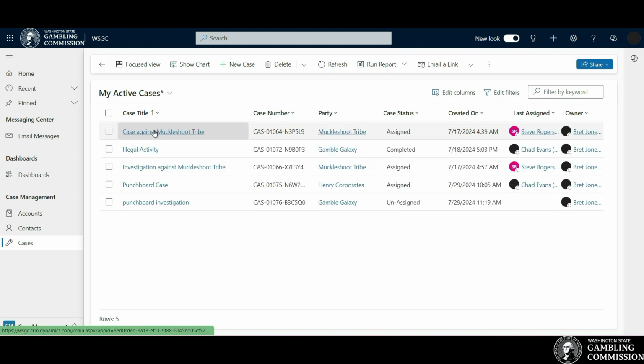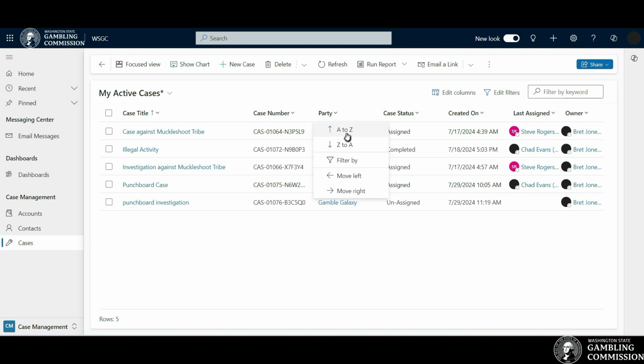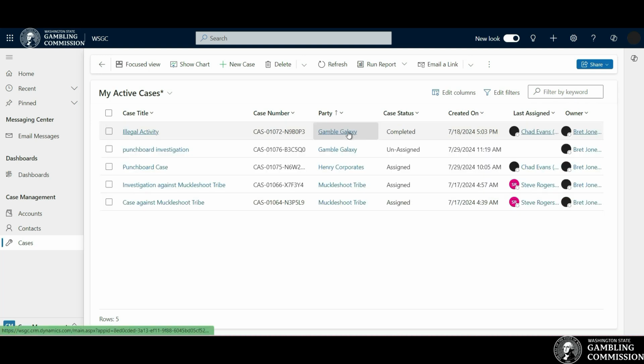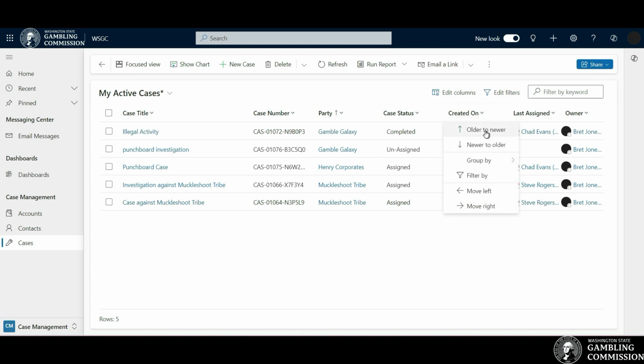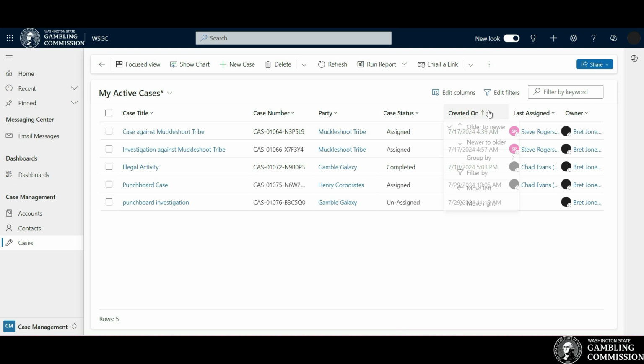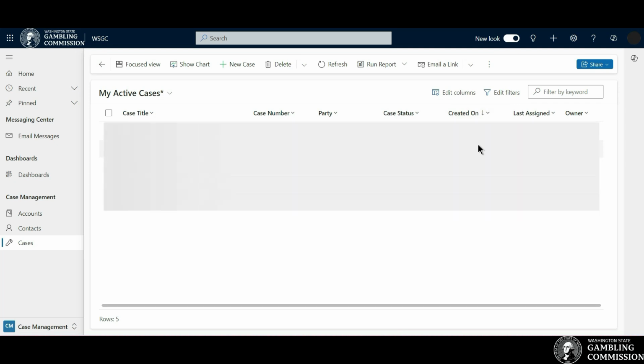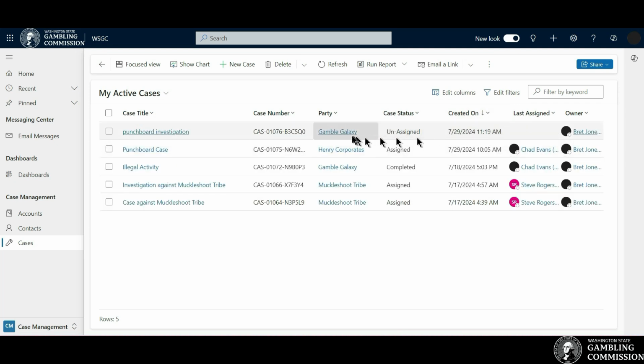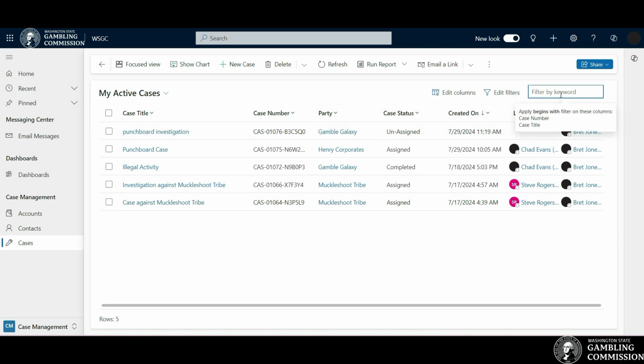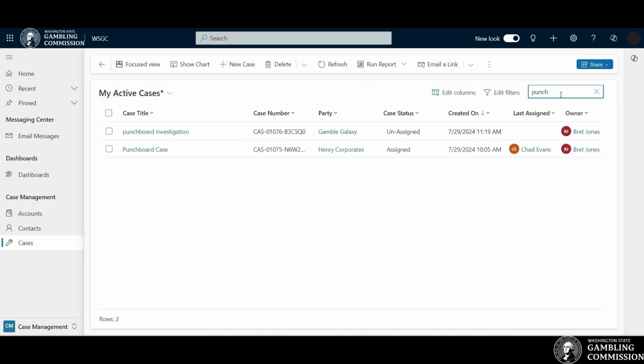By clicking on a column header, case title, the RA agent can sort the records alphabetically. Similarly, agents can sort other columns like party, created on, etc. to organize desired view according to their needs. RA agents can also search to quickly find specific cases by entering keywords or case numbers. This functionality is invaluable for efficiently navigating through a large number of cases, ensuring the RA agent can quickly access